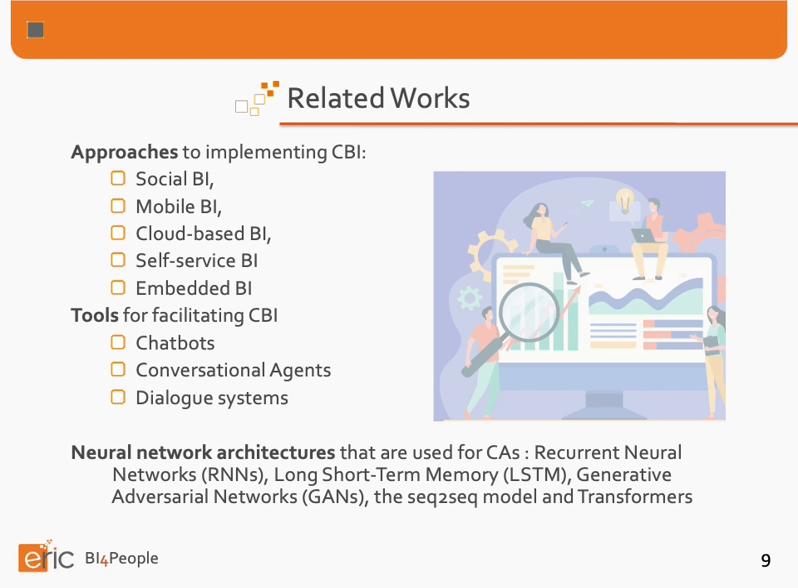As analysis shows, there are several neural network architectures that are commonly used for designing conversational agents. The most widespread are recurrent neural networks, long short-term memory, generative adversarial networks, sequence-to-sequence models, and transformers. These are just a few examples of the neural network architectures that are used for conversational agents. The specific choice of architecture depends on the particular task and dataset at hand, as well as the resources available